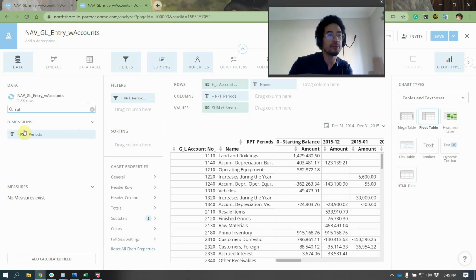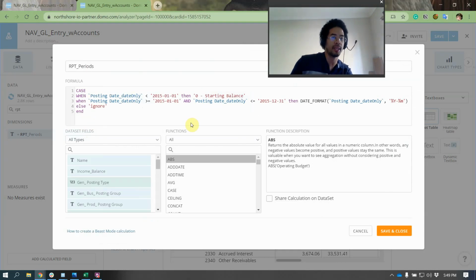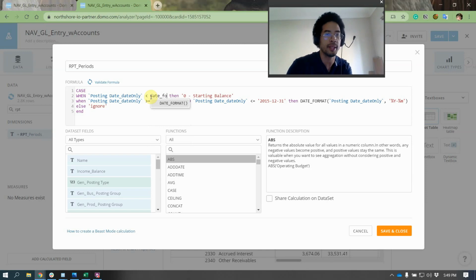In your report periods, you hard coded the date. Could you not hard code the date? Can you have this just set dynamically so we don't have to edit? Here's where you might be tempted to go wrong, but I'm just going to put it in place and we'll see. So you might say, oh, well, I know that if I can get the year